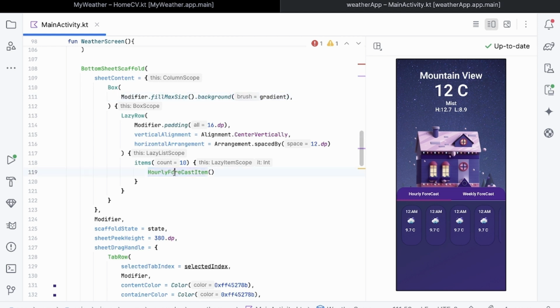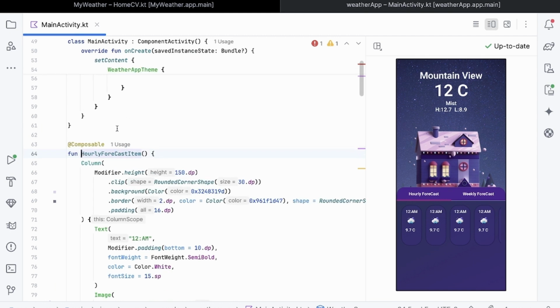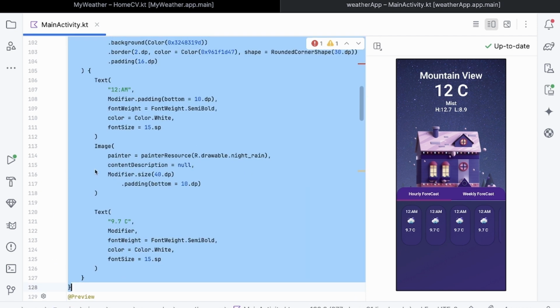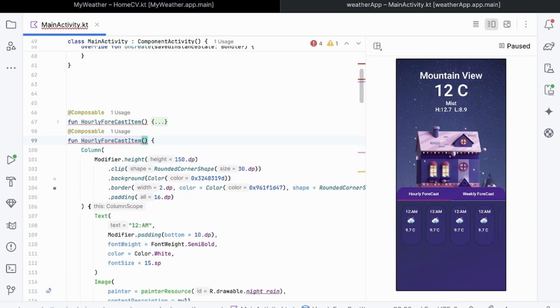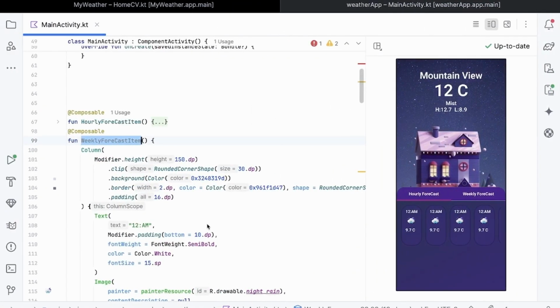And finally we are going to duplicate into similar items of daily forecast, right? For this I'm going to add preview and just duplicate this, change the name as weekly forecast item. What else is there? Monday, Tuesday, Wednesday, like that. So I'm just going to add a Sunday here, which represents the day,